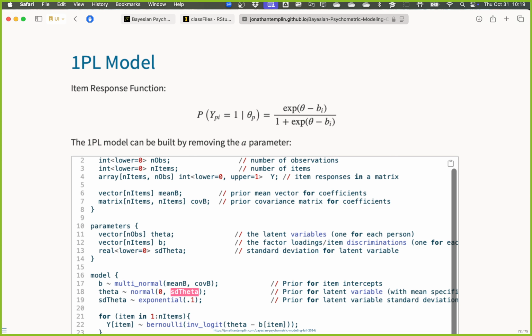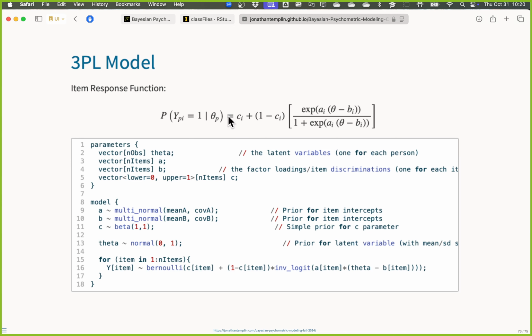It's kind of cool, right? Maybe. How about the 3 parameter model? Now, this is where Bernoulli logit really matters. In the 3 parameter model, the term in the brackets right here is the 2 parameter model. But then we multiply that by 1 minus a C parameter, and then we add that C parameter to the